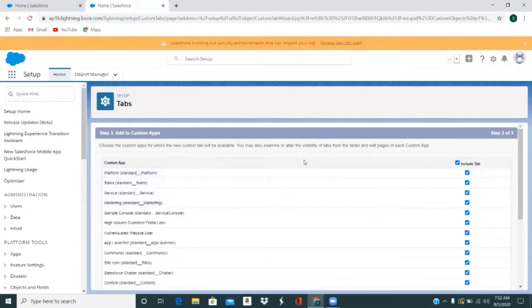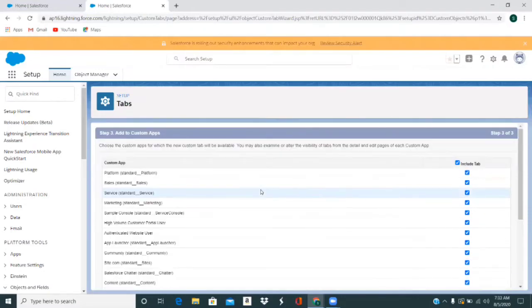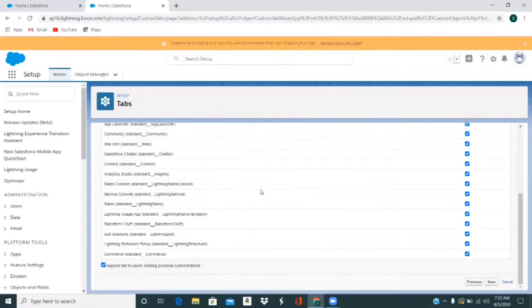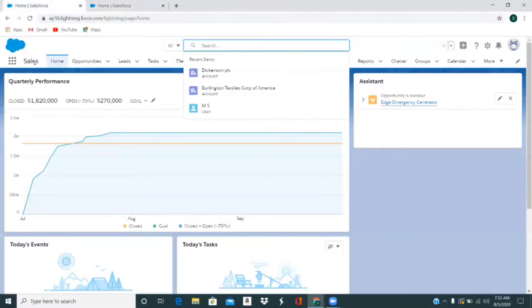Okay, here you can see in what all apps you want to include this particular tab. Currently we have all the standard apps because we have not created any custom app yet. So it will be shown in all our standard apps. Here you can see the sales app, your standard sales app, the one which we are using currently.